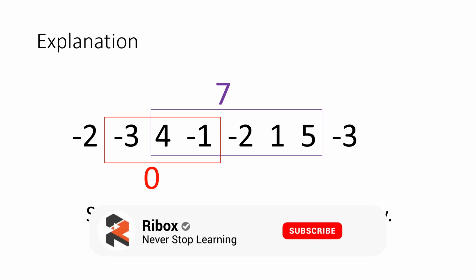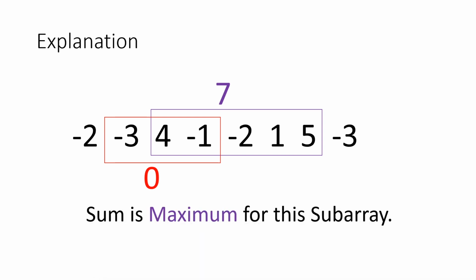However, if you check any different subarrays, such as the one which I've specified, that is -3, 4 and -1, it will be 0 in that case. If you just look at the last 4 numbers, that is -2, 1, 5 and 3, it will evaluate to 1, and in this manner you can go for any kind of subarrays in this problem. You will find that 7 will be the maximum output for the sum of this list of numbers.